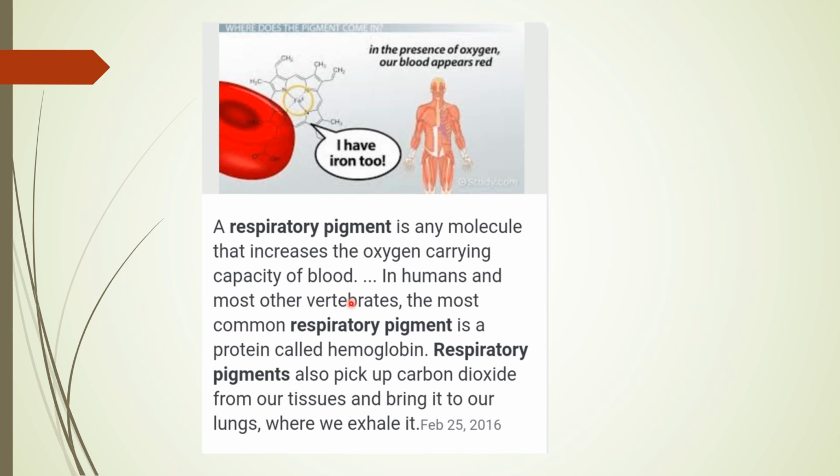This is very important. We ask it a number of times. How is oxygen transported? Oxygen is always transported in the form of oxyhemoglobin, but when we talk about carbon dioxide, most of the carbon dioxide is transported in the plasma of the blood, because it has less affinity with hemoglobin, so a very small amount of carbon dioxide is transported back to the alveolar sac with the hemoglobin. So this is all about respiration: respiration in animals, respiration in plants, respiration in human beings.